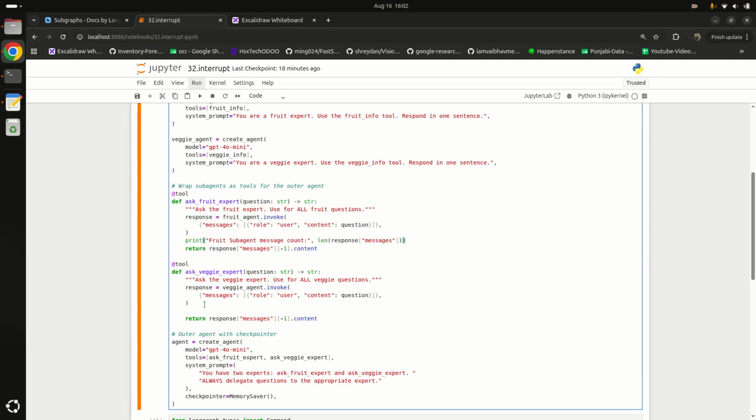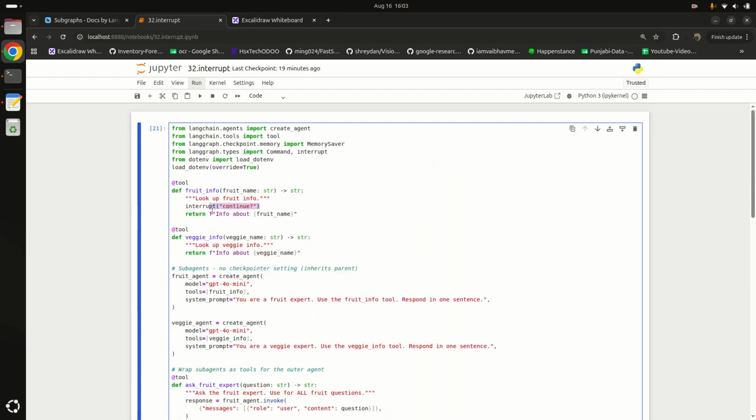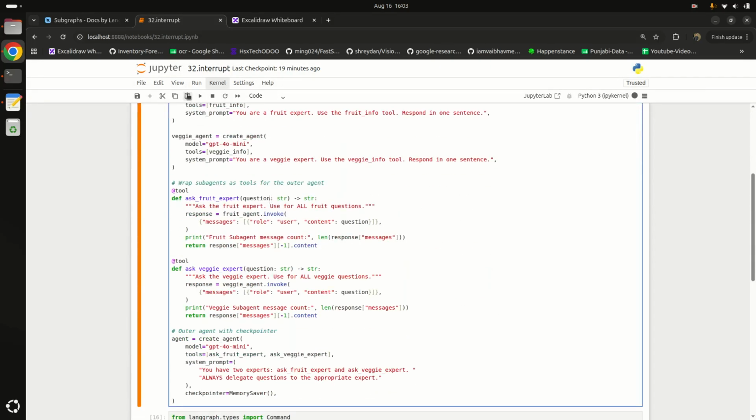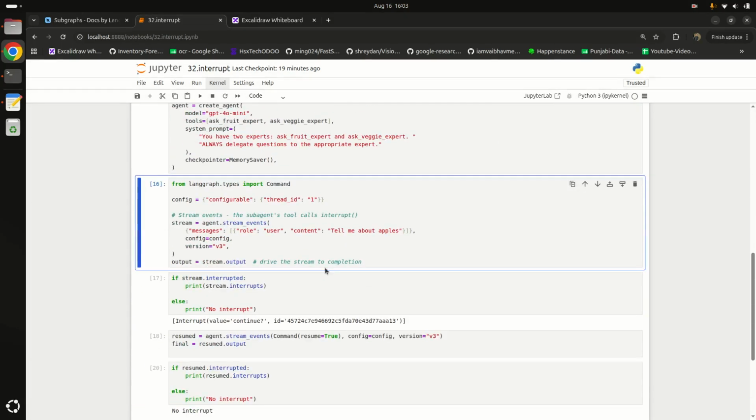It is our ask fruit expert, and similarly I will copy the line and paste here. Here we are counting the veggie subagent message count. In this we don't need the interrupt, so I will comment this line.